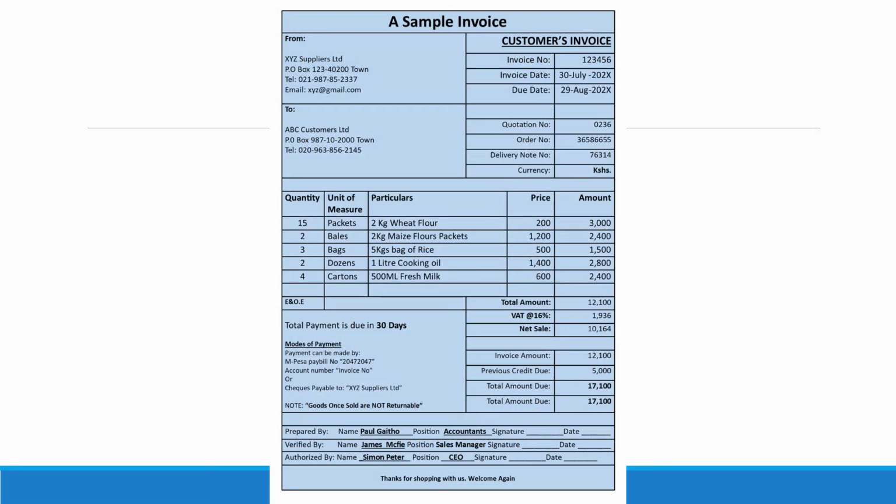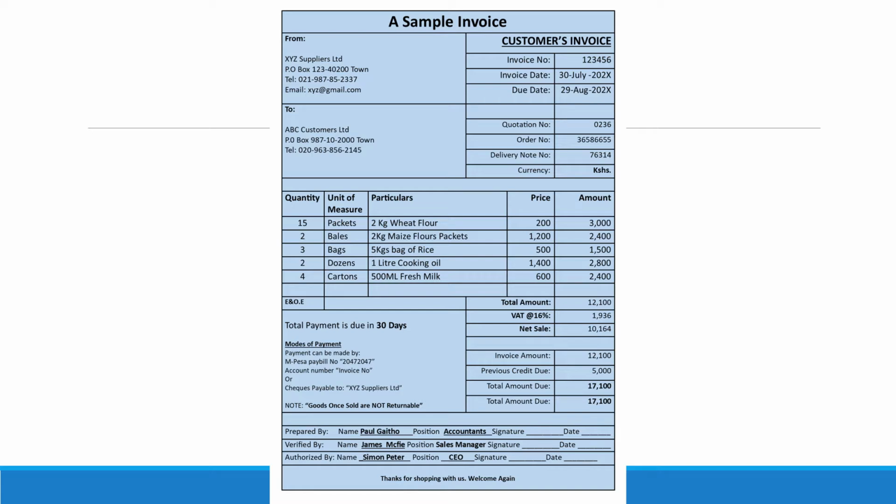This is a sample customer's invoice. From this sample customer's invoice, we are able to see that all the 16 features of a source document are there. That is, there is supplier's and customer's identification details, addresses and contacts, the type of invoice, the invoice date and the invoice number, the reference number for the related quotation, order and delivery note, the currency is Kenyan shillings,